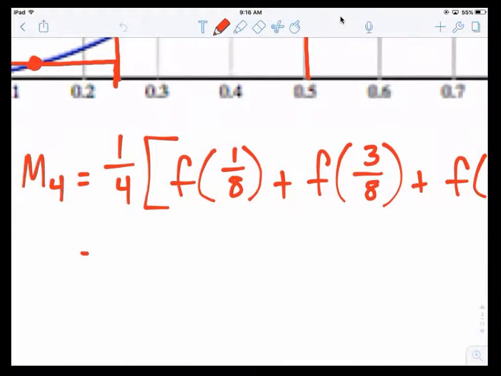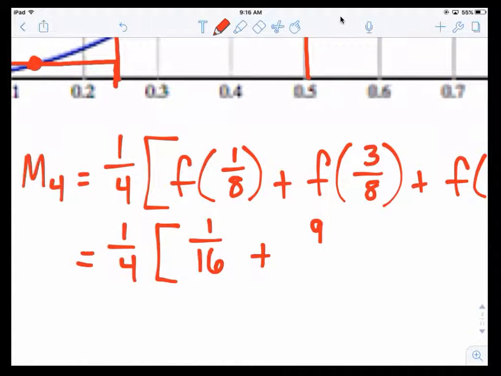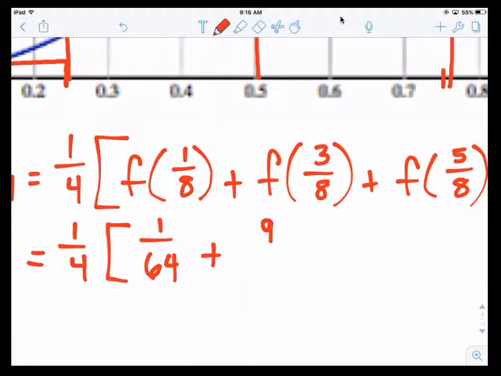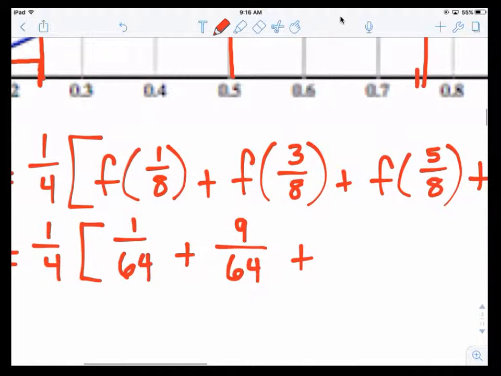Okay, so I have 1/4. 1/8 squared would be 1/16 plus, is it 16? 64. 1/64. 9/64. Because our function is x squared, right? So if I plug in 1/8 into x squared, I get 1/64. So then you get 25/64